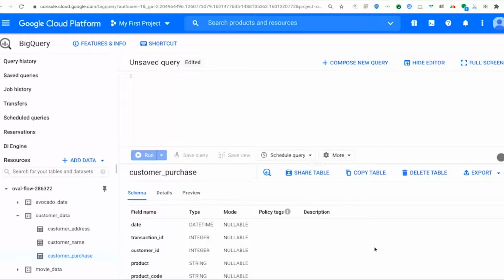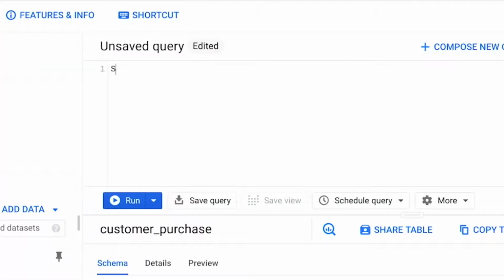To write the SQL query, we start with the basic SQL structure. Select, from, where. We know the data is stored in the customer_purchase table in the customer_data dataset. So we write customer_data.customer_purchase after from. Next, we tell SQL what data to give us in the select clause. We want to see the purchase_price data, so we type purchase_price after select.